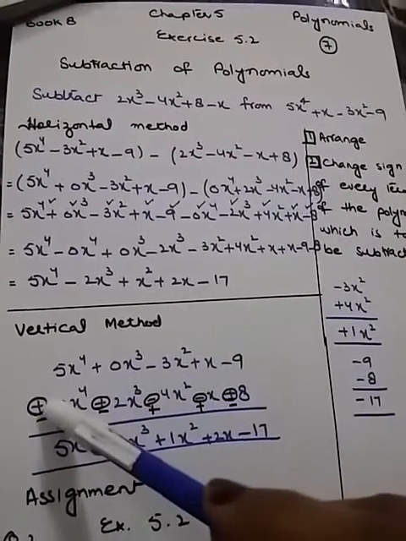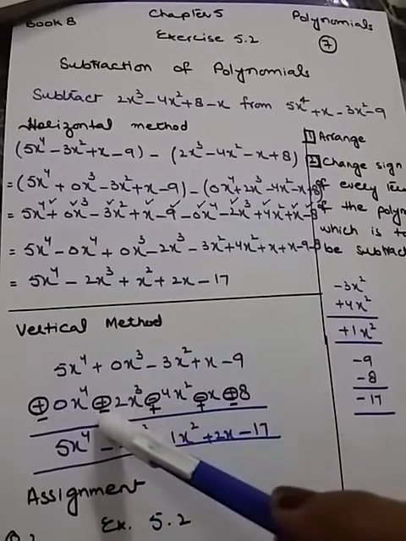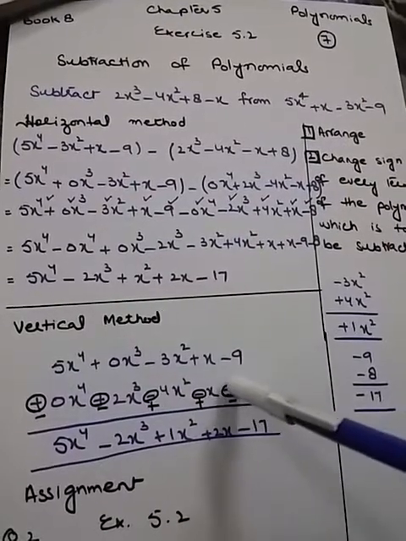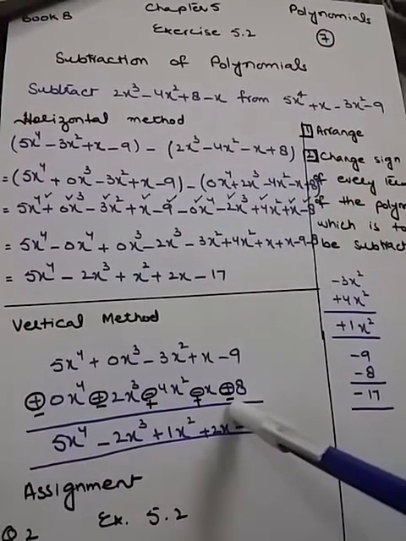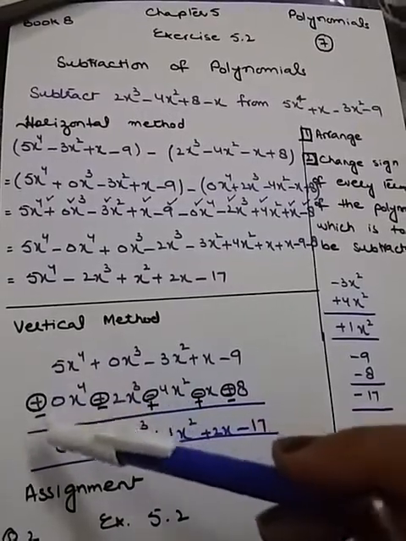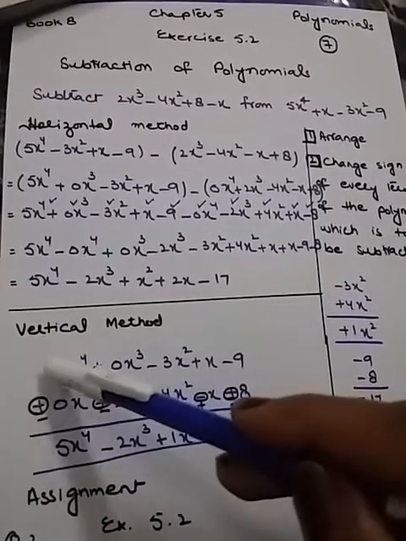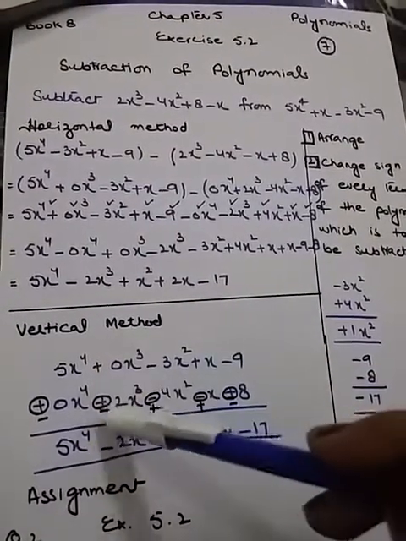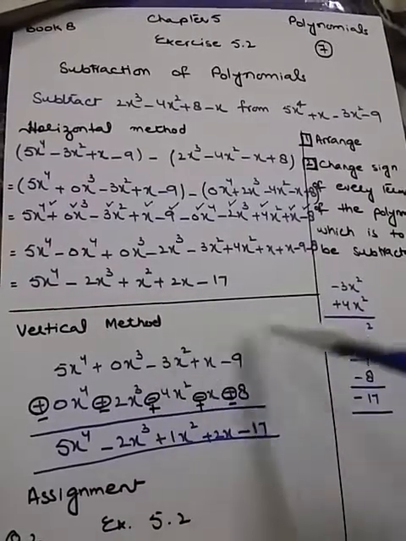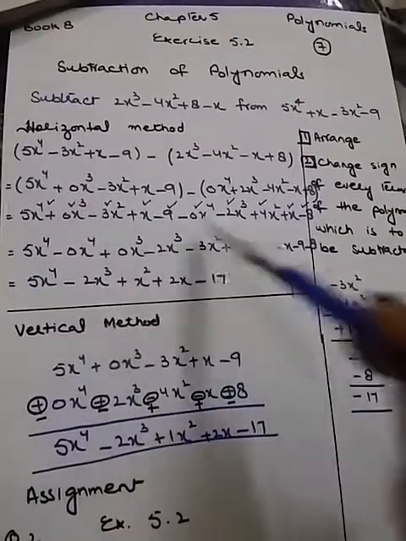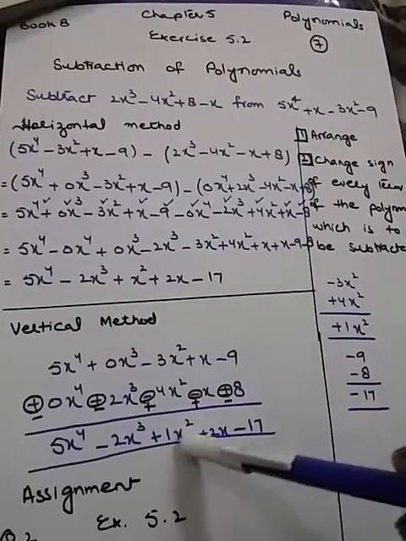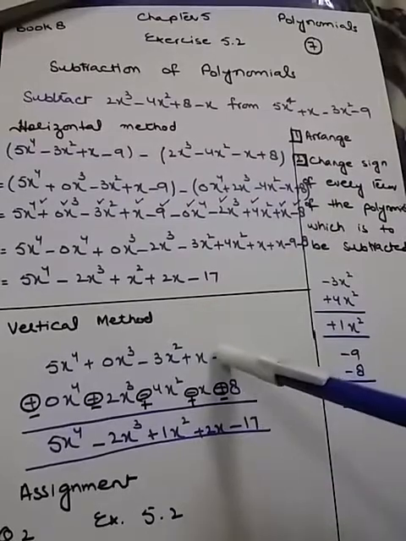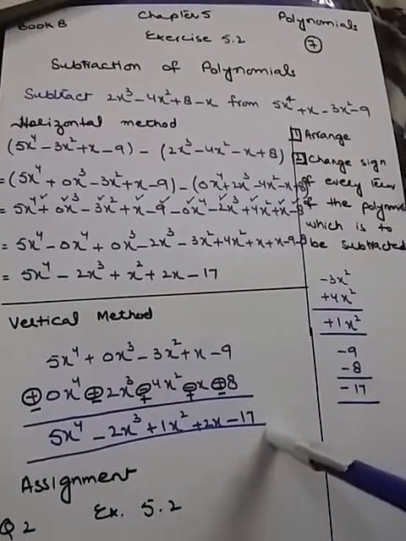Alright, plus we will change into minus, plus we will change into minus, minus is going to be changed with plus, minus we will change into plus, plus is going to be changed and it will be minus. Now it's time to take their subtraction. Plus 5 minus 0 is plus 5x^4. 0 means nothing, so minus 2x^3 will come as it is. And subtraction I have already discussed with you in detail here. And here 1x^2, and then 1 plus 1 is 2x, minus 9 minus 8 is minus 17.